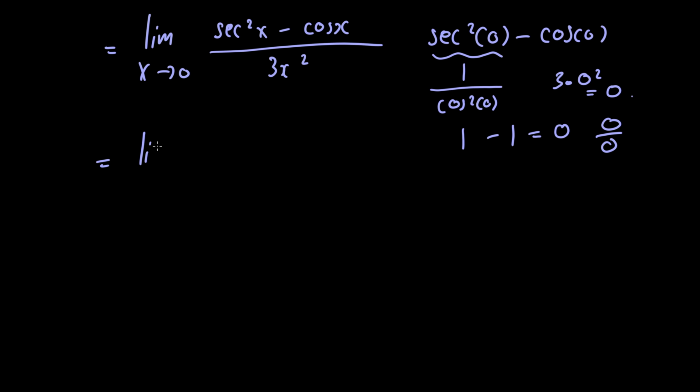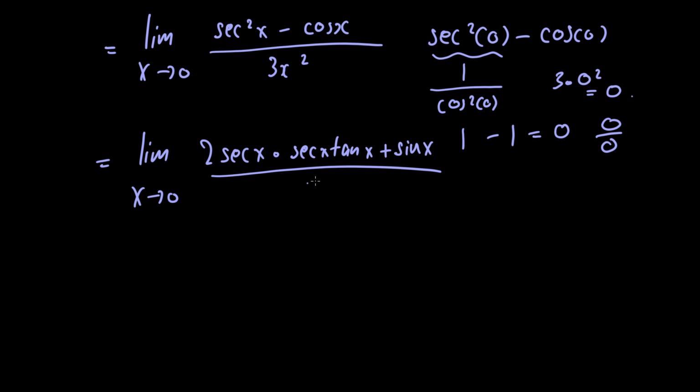Now, we have the limit as x approaches 0. We can find the derivative of secant squared of x using the chain rule. So we have 2 multiplied by secant of x multiplied by the derivative of secant of x, which is just secant of x times tangent of x. And the derivative of cosine of x is minus sine of x. So we would have minus minus sine of x, so we just have plus sine of x. And in the denominator we just have 6x. We can tidy this up a little bit. We have the limit as x approaches 0 of 2 times secant squared of x times tangent of x plus sine of x